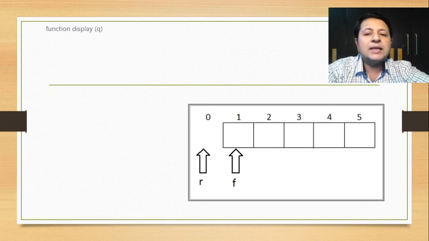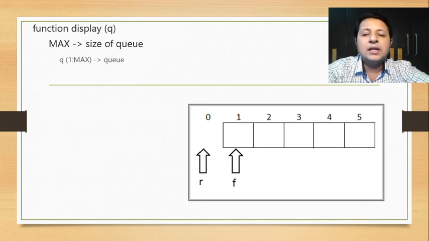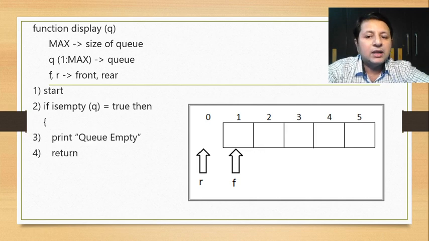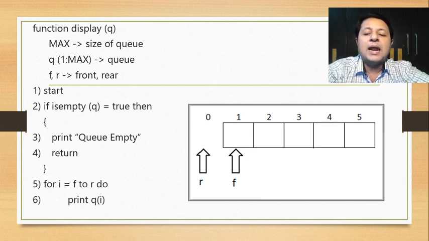Let's move on to the next and the last function, that is display. Again, in display, we first have to do the formality of checking whether the queue is empty or not. If the queue is empty, I would declare that the queue is empty and I can simply say return. Here I don't need to return any value because the return type would be void. Otherwise, the simplest way to display the queue will be from F to R, because even that will be the way or the sequence in which the elements will be deleted. So I'll simply run a loop from F to R and I'll print each element of the queue as print q of I. Fine. So that's how I'll be able to display the queue in a very simplest manner, F to R.